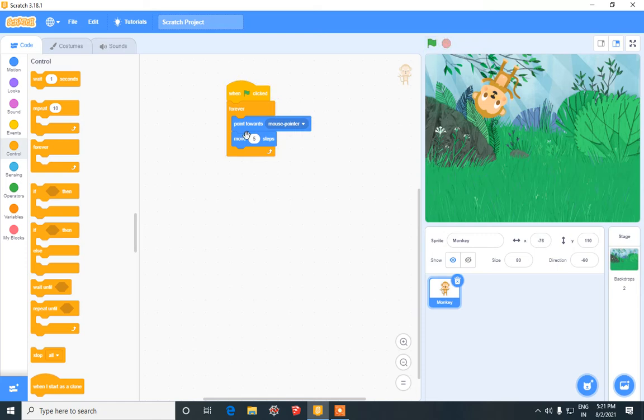Okay. Now, if we don't include this move command within the block of code, what difference will it make? See here, the monkey is moving in its own place. It is not moving forward. Okay, so that is the reason move command has to be added. So for now, let the coding for monkey be only this much. Later on, if any change is required, we will add.